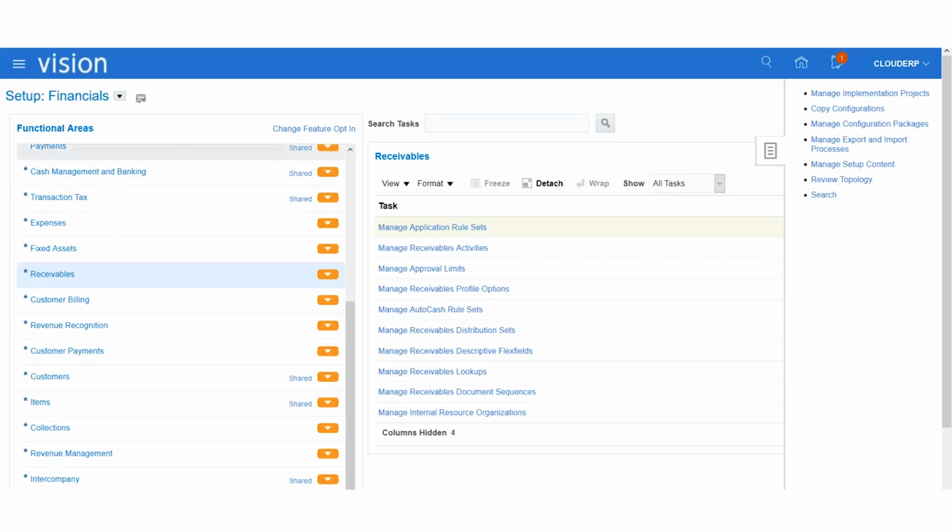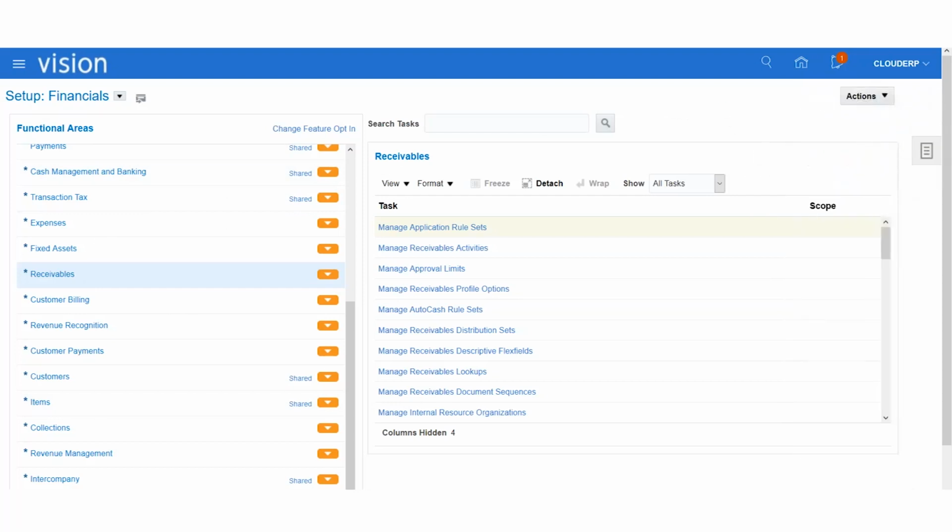Fine. So this is how you can see the application. Please, sorry, Lakshman. Yeah, so the application implementation consultant, as you showed, is able to do the application setup for all of the modules like receivables, GL, and everything. Correct. So in EBS as of now, there are specific roles who perform only receivables setups, and other consultants who do GL setups. One person is not doing everything. So how is this managed in Fusion?